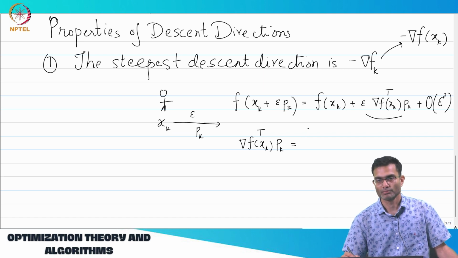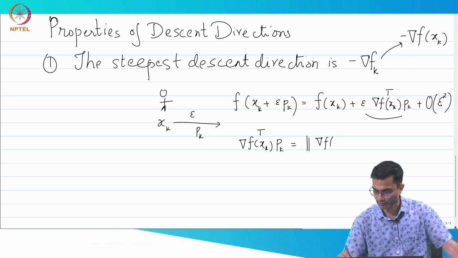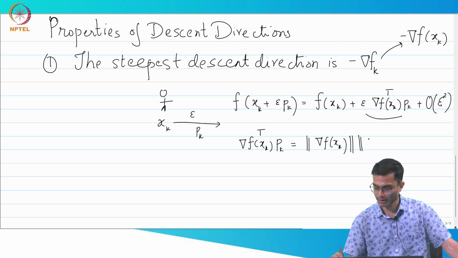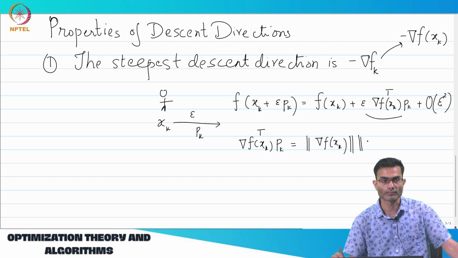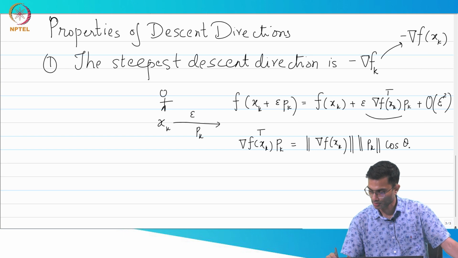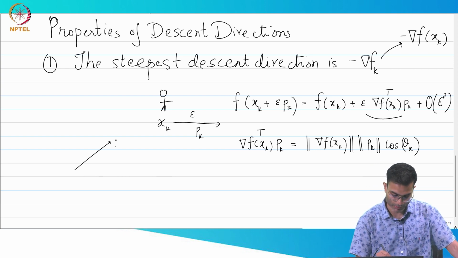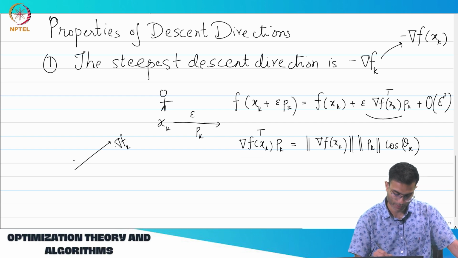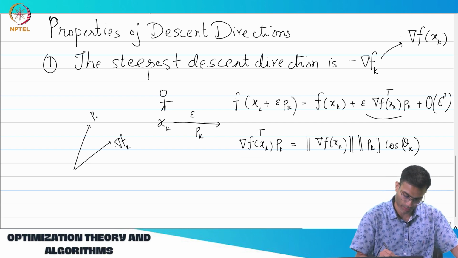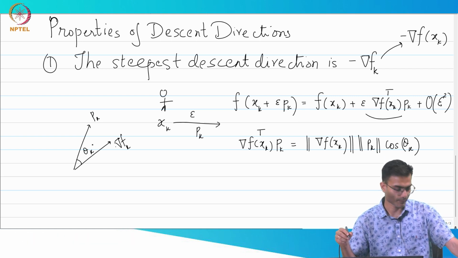So just extending that generalization, we would write this as norm of grad fk, first term. Second term would be norm of pk. Third term would be cosine of the angle between them, right? So I can just very simply think of this as grad fk, this is my pk, and this is my angle theta k. Okay,